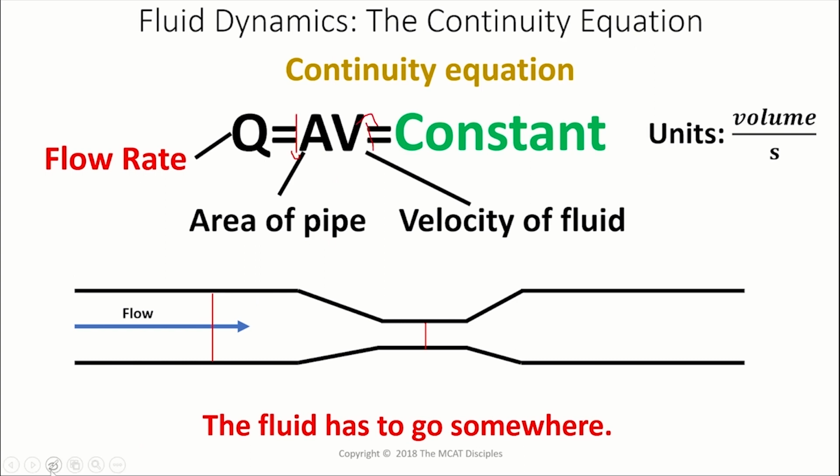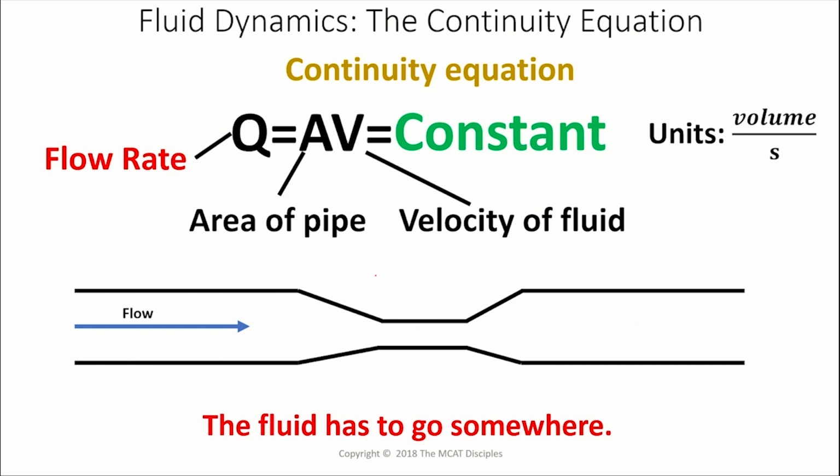Why don't we think for a second about why that is the case? Forget about the equation for a second. You've got fluid in here, and it's moving at some rate, some volume per second. If you were to make this smaller, then if the flow rate wasn't constant, you'd have a buildup of fluid at this end and less fluid at this end. But we know that just doesn't happen. What happens is if you decrease the area of the pipe, the fluid just travels faster to get out of there more quickly. And so that's why flow rate is constant.